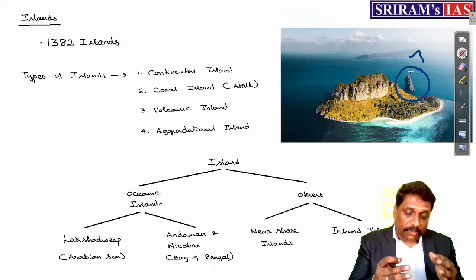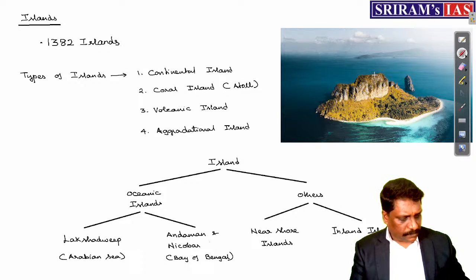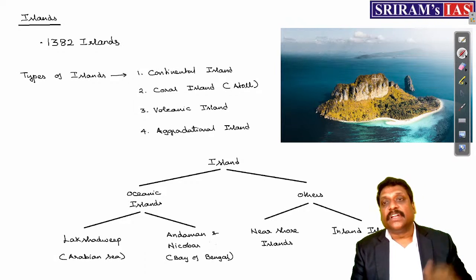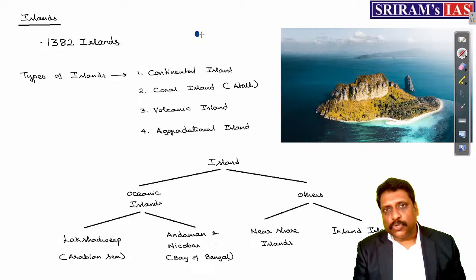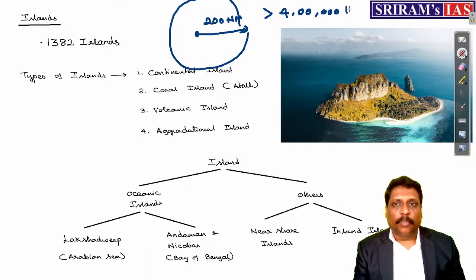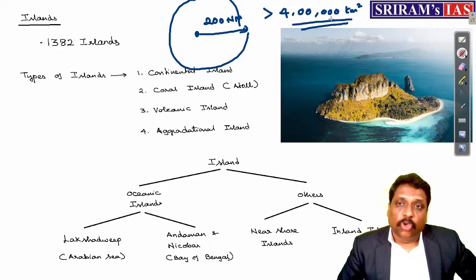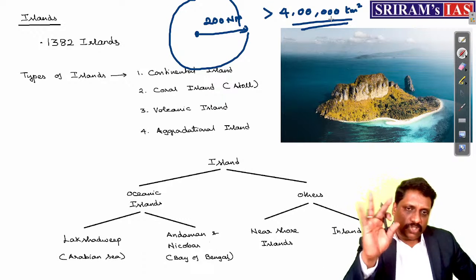Because see, islands are very important. An island gives you an avenue of having more exclusive economic zone in the ocean. My dear friends, for example, if I have one small island in the middle of the ocean, let this island itself be insignificant in nature. But the small island in the middle of the ocean can give me 200 nautical miles of exclusive economic zone. In how many directions, if you ask me? All 360 degrees. It means one small island in the middle of the ocean can contribute more than 4 lakh square kilometer of area when it comes to occupancy in the ocean. Strategically, islands are very, very important.